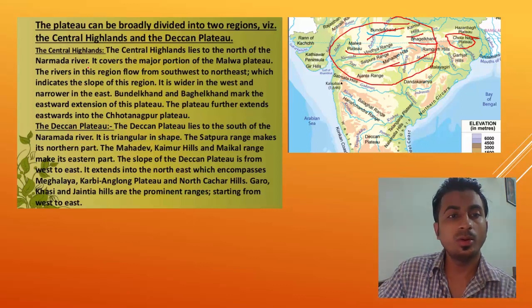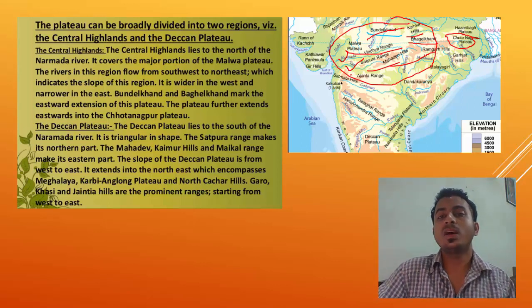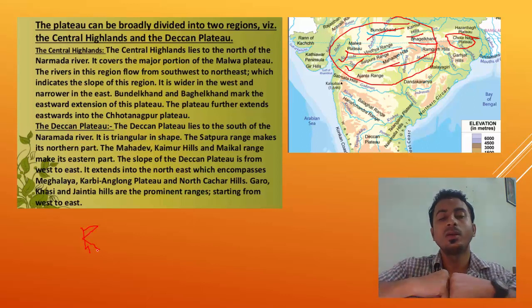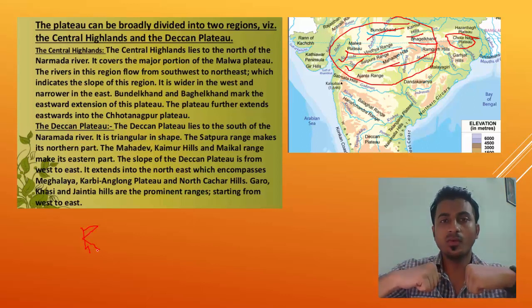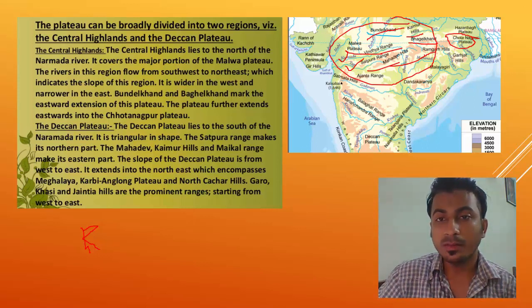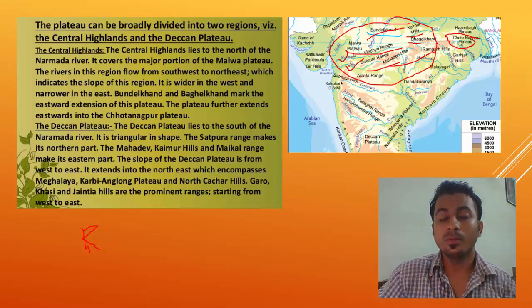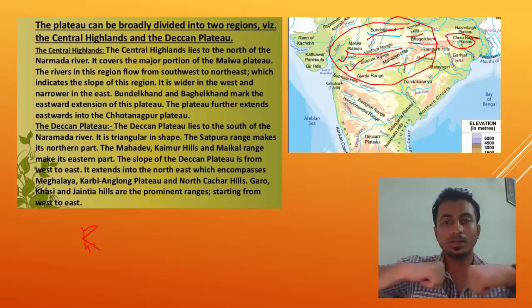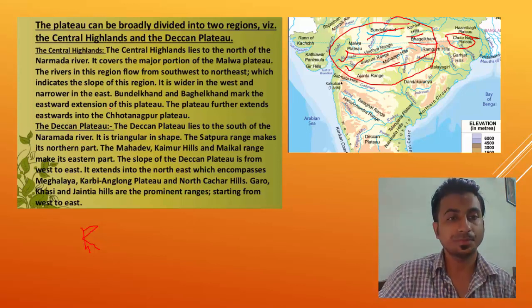Malwa Plateau, I already told you. Narmada River is here, and Tapi River is here. So these are examples of Rift Valley. Earlier I told you how a Rift Valley forms because of divergent boundary, tensional force. So a Rift Valley forms, and in the Rift Valley a river flows. So Narmada is our Rift Valley. And what is the Block Mountain here? It is the Vindhya and Satpura range. You can see Satpura is to the south of Narmada and Vindhya is to the north. So now you can understand, this is Vindhya, this is Satpura, and between them flows Narmada.